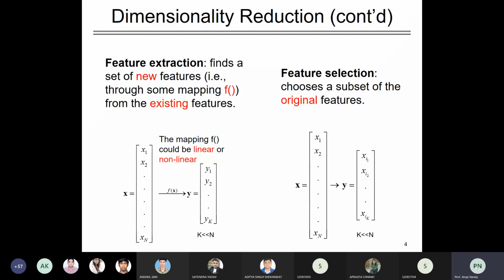Now the k-dimensional feature that you are going to choose, on what basis are you going to choose it? You need to satisfy some properties. Whichever objective function or criterion function you apply must necessarily satisfy this property. But on the other hand, in feature extraction, you have to find a new set of features through some mapping function. We'll see that after explaining these things, so you'll also get to know whether PCA comes under feature selection or feature extraction.